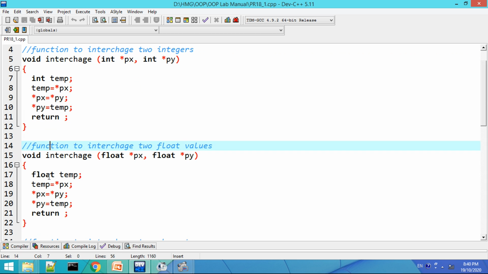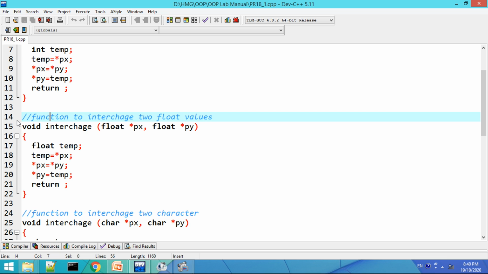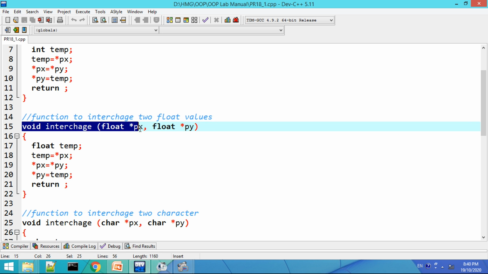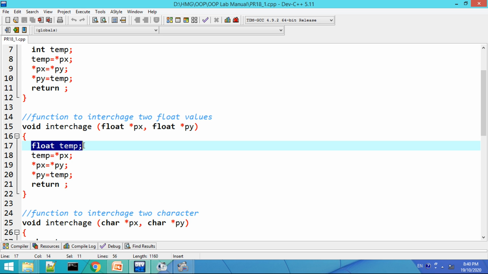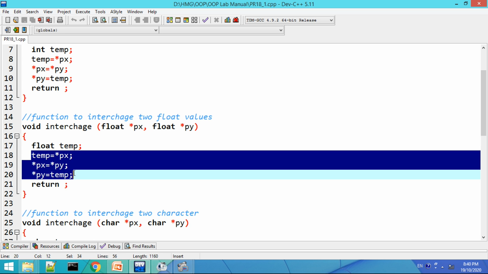using pointers. Now on the same line the second function is defined: interchange. Again the function name is the same but the parameters are different; there are two parameters but their data type is float. In the previous function the data type of the parameters was integer. Now here px and py are floating point pointers, and using these two pointers I am going to interchange the floating point values. For that I will require one float temporary local variable. So I am declaring temp as a float variable